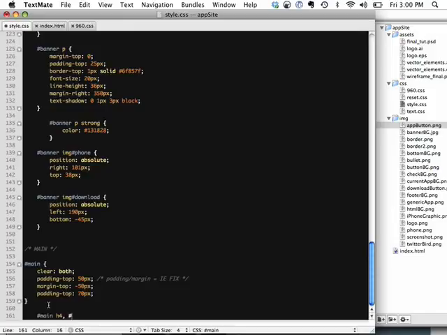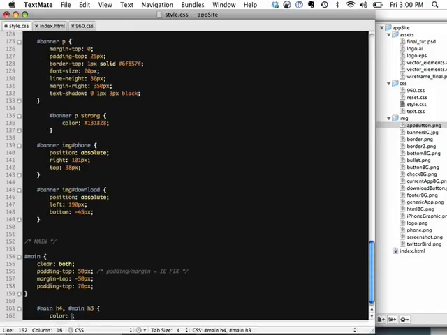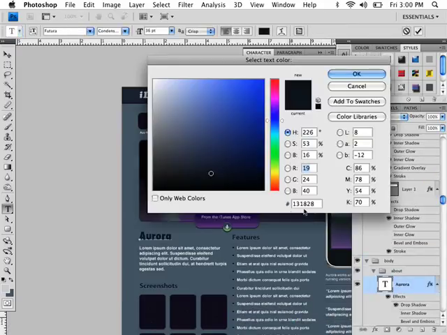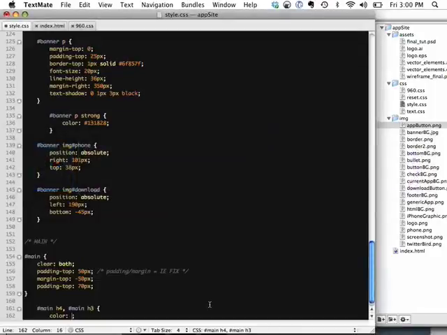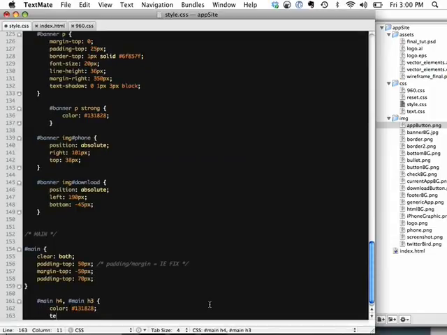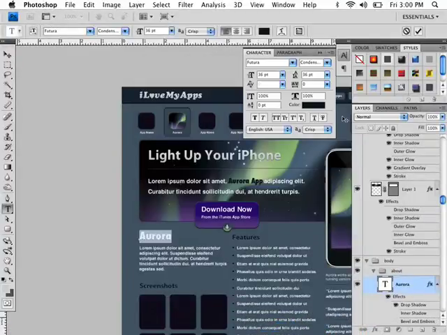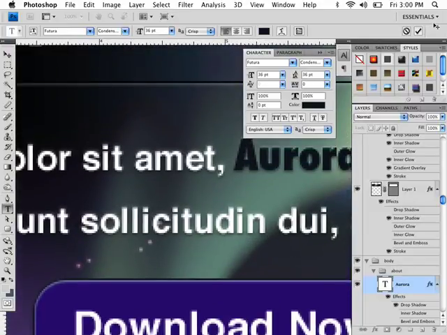Main H4 and main H3, we're going to style these, and we're going to set a color of, let's go pick up that color. It's kind of darkish blue. Okay, and text shadow, because those have one too, is 0, 1 pixel from the top, 1 pixel shadow, and the shadow color is